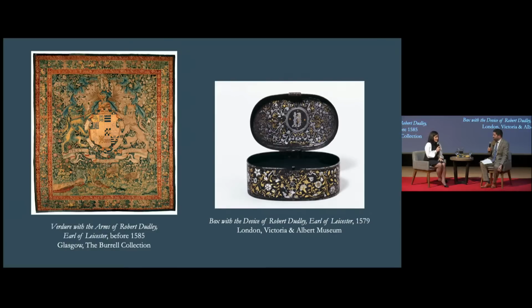Typically, the household stewards would organize, and this applies to Dudley's goods, but also pretty much any Elizabethan aristocrat's goods, the household inventories by category and would start with the most valuable categories first. So almost always plate or tapestries, which were really the high status, high value items in this period. And then you work your way down to the less valuable items. And therefore, paintings, if recorded at all, tend to be last or very nearly last,